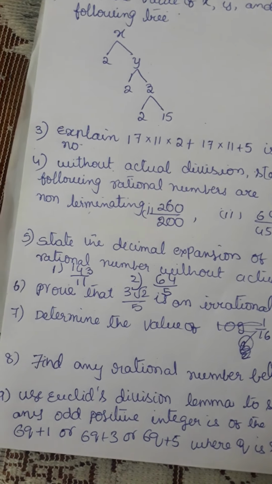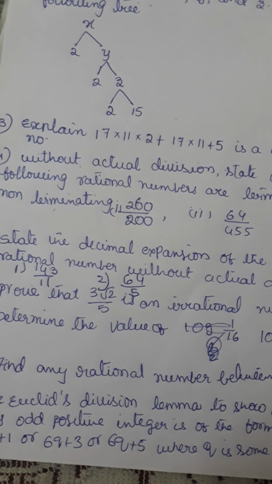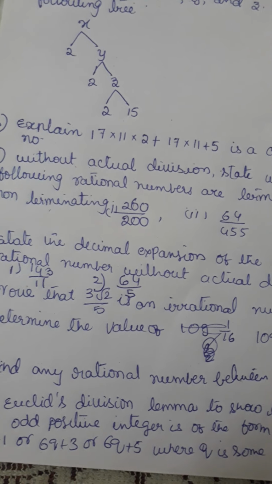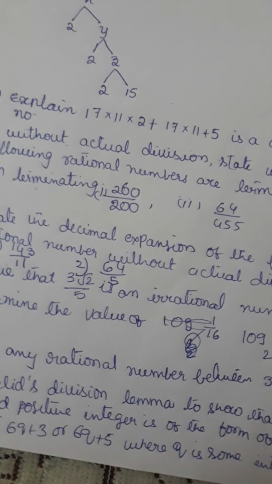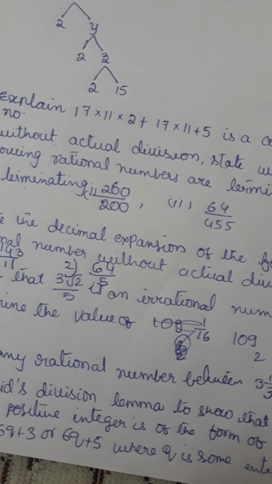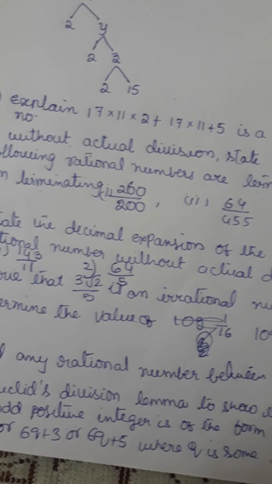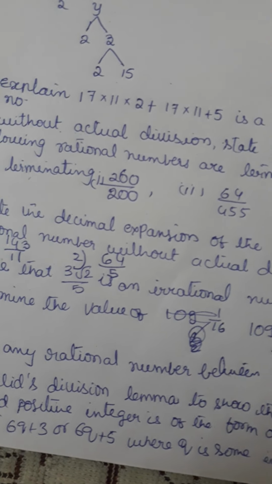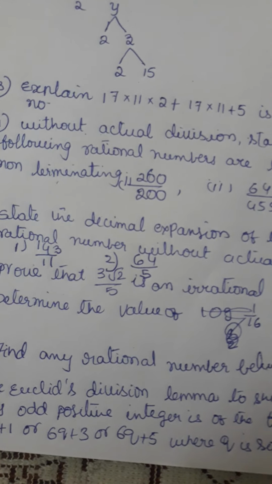Now you are given only odd positive integers. Among these numbers, 6q, 6q plus 1, 6q plus 2, 6q plus 3, and so on, only 6q plus 1, 6q plus 3 and 6q plus 5 are the odd integers. The remaining ones, 6q, 6q plus 2 and 6q plus 4, are even integers. Therefore here we are going to take only those three as odd positive integers.